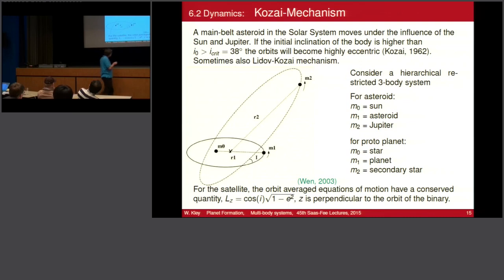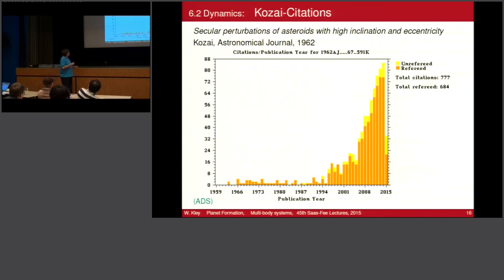Okay, good. And this has been developed by Kozai in 1962 already for the solar system, asteroid, Jupiter, and Sun. And this is the citation rates for this Kozai paper, which is very interesting. Okay, so it was published in 1962, which is here. This is time and number of citations. Okay, so this was the publication date, and then